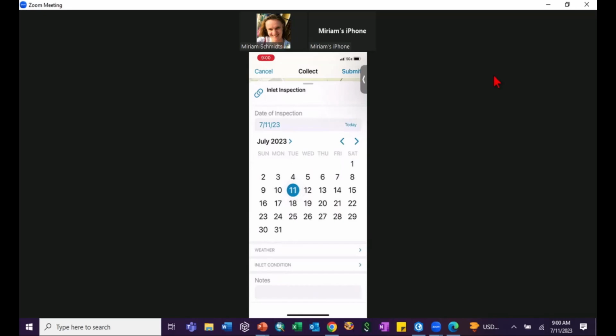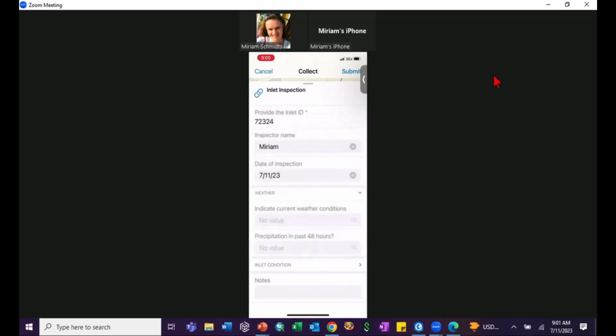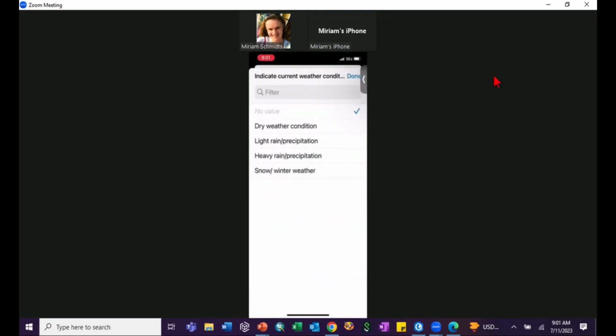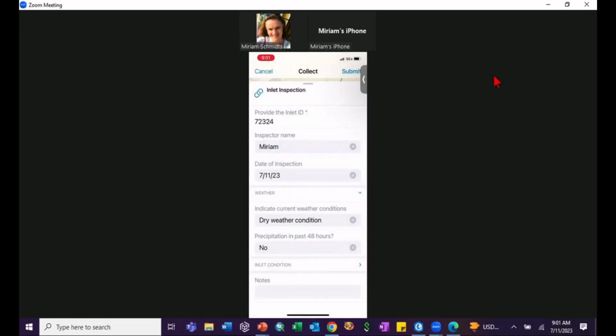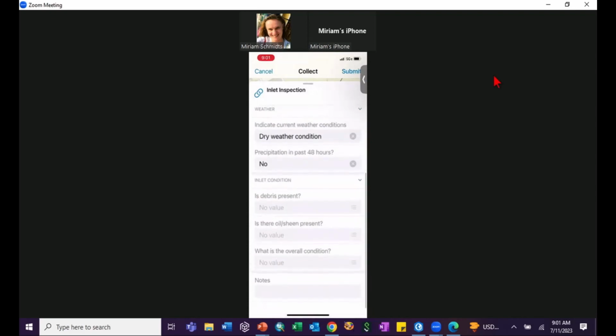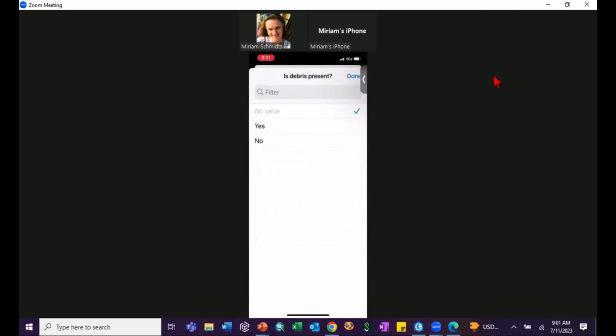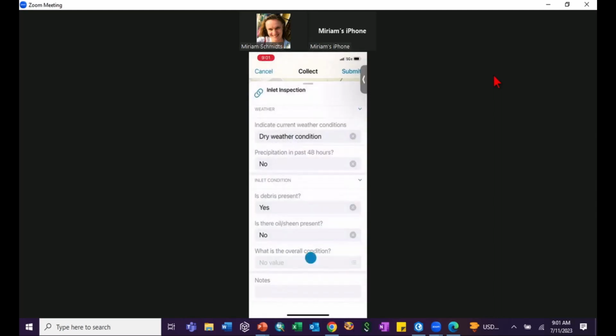Inlet inspection date, so what's the weather condition like? Okay, it's dry. Did we have precipitation in the last 48 hours? No. And what's the inlet condition? Is there debris? Yeah, perhaps there is. Is there oil sheen? No. What's the overall condition? It's good. All right. So we fill in those records into the form in the mobile app, submit this, and then at